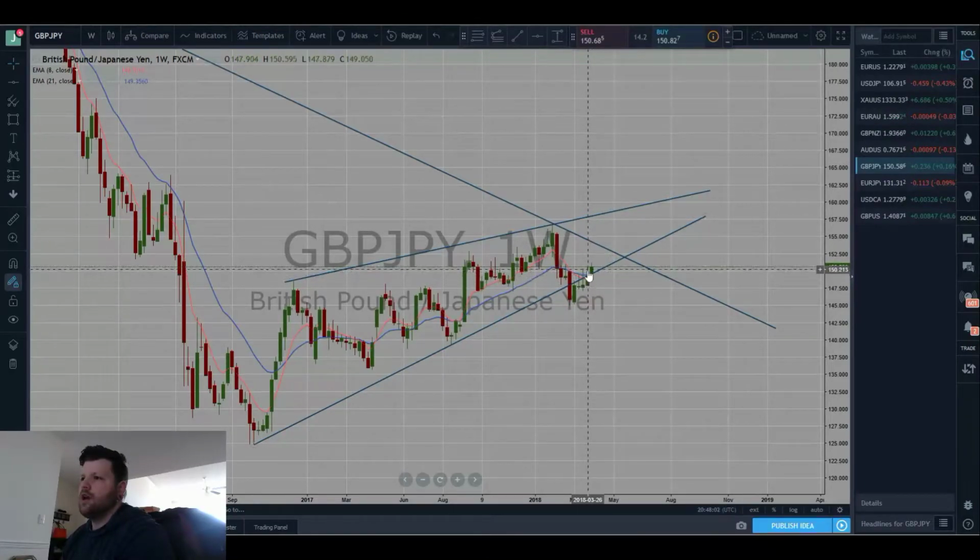The EMAs are right over top of one another, which signifies that we could be getting bullish movement. You can see the past few weeks' candlesticks have not been significant in size, but last week's candlestick was a little bit more significant, not nearly the amount of wick on the upside that we saw. However,